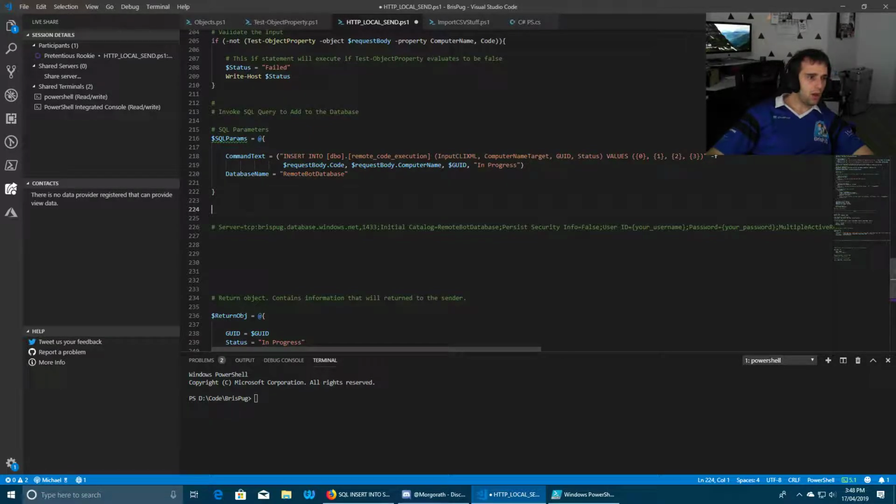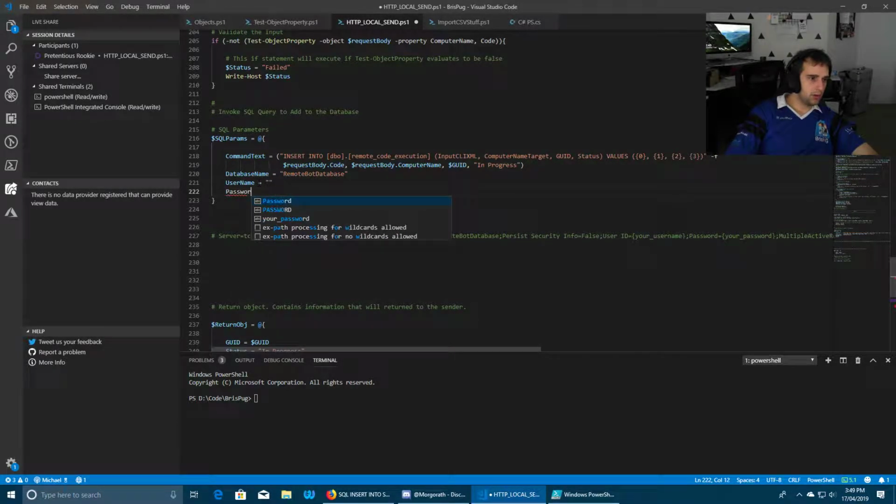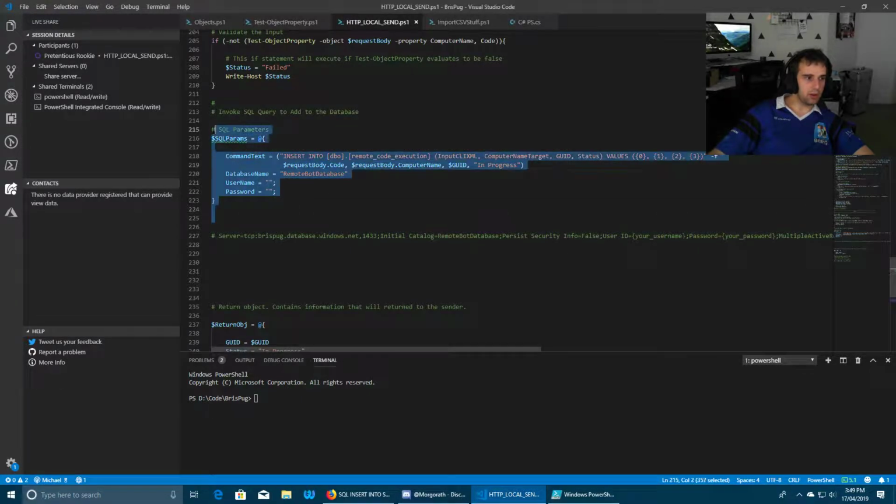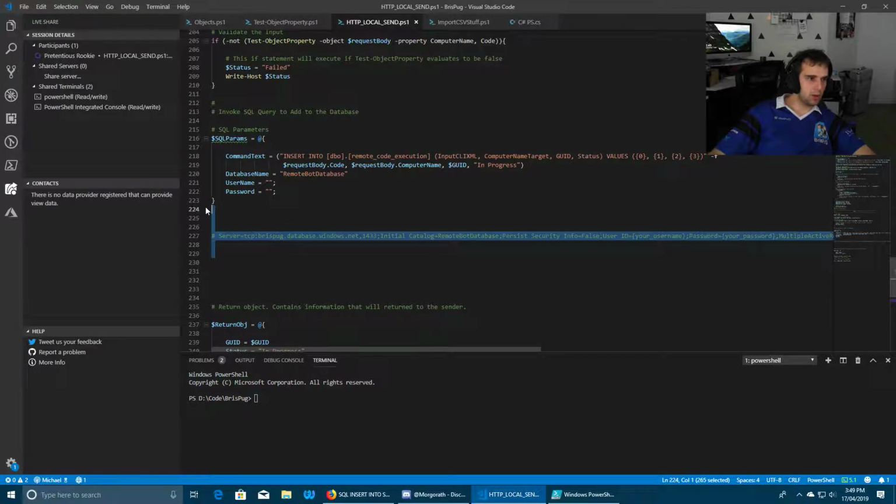So I need to add a username and a password. I'm going to need to check to see if I can fetch, because in Azure Automation you can actually specify them. We might even just be able to reference a file or something for security, because ultimately we're streaming this, so other people could literally remote execute code to this endpoint.